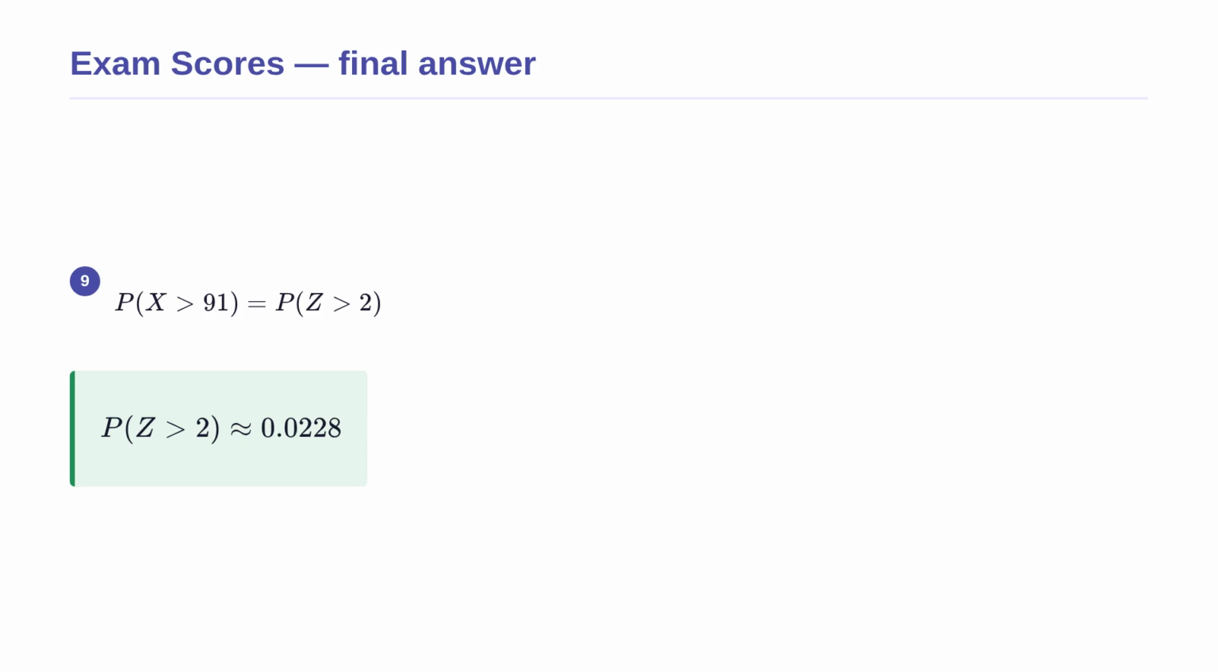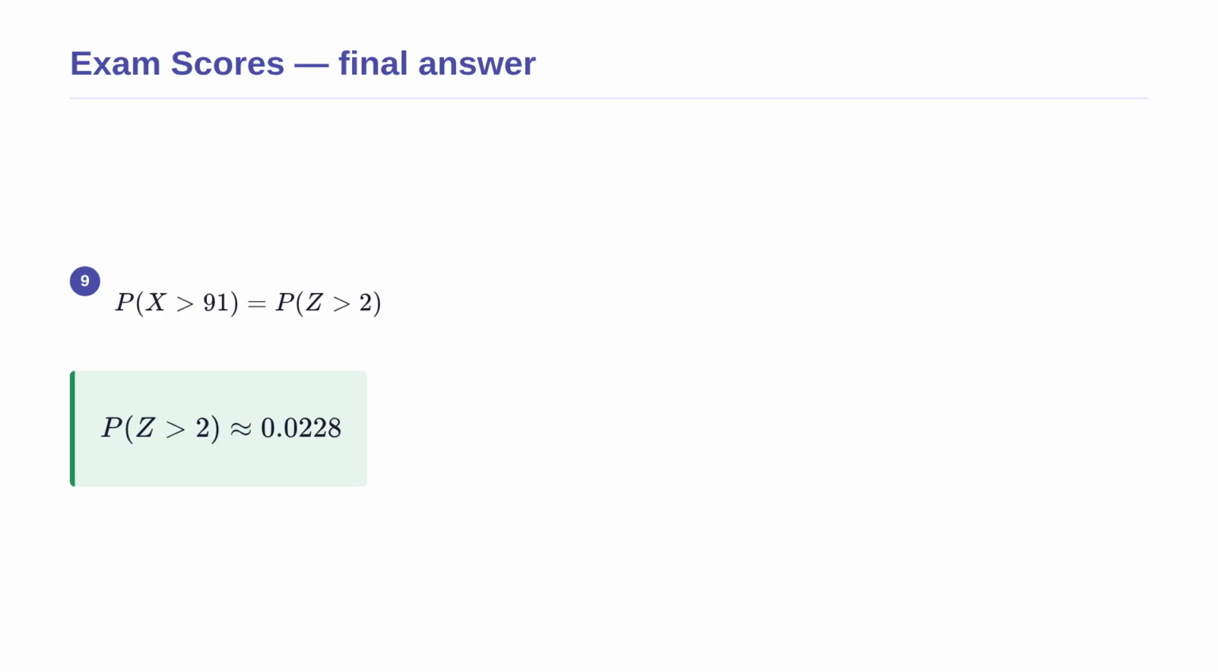With our z-score calculated, we can rephrase our original question. The probability of a student scoring higher than 91 on the exam is mathematically identical to the probability of getting a Z score greater than 2. Using standard statistical tables, we look up the area to the right of a Z score of 2. The table gives us approximately